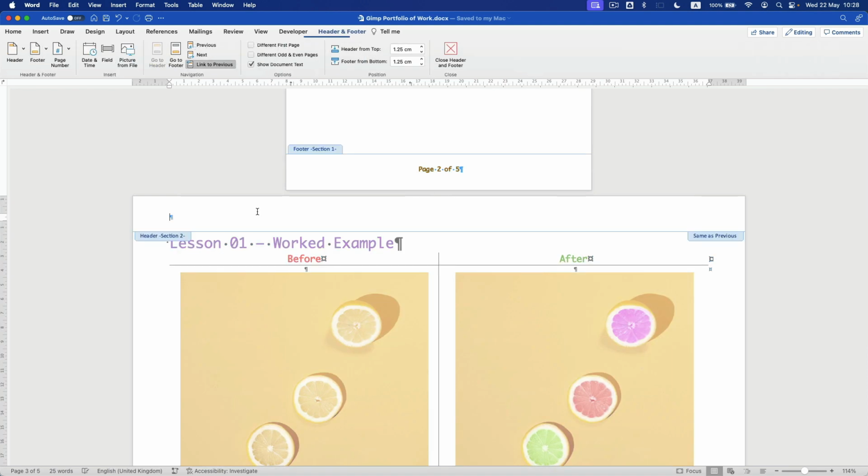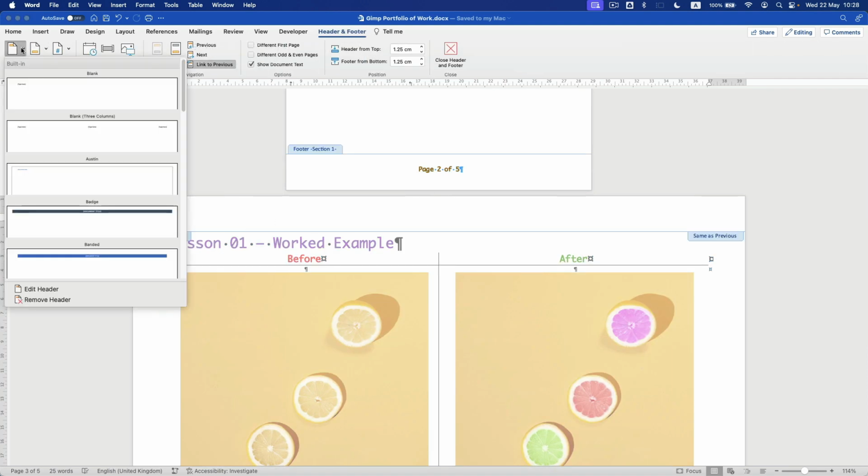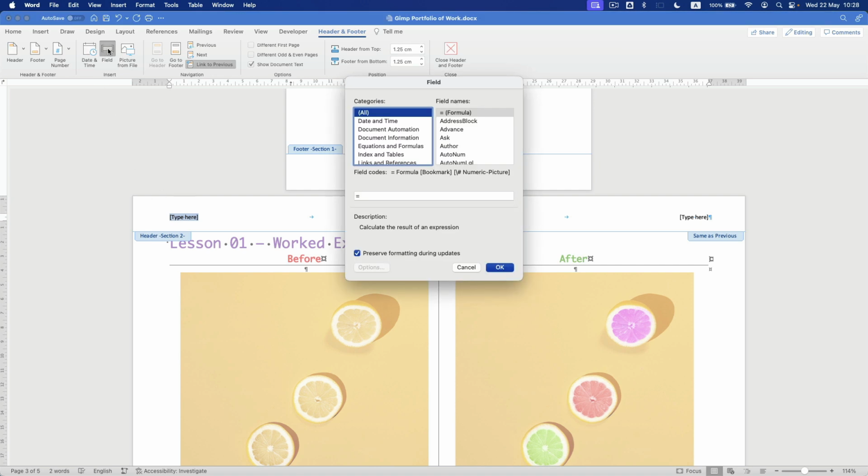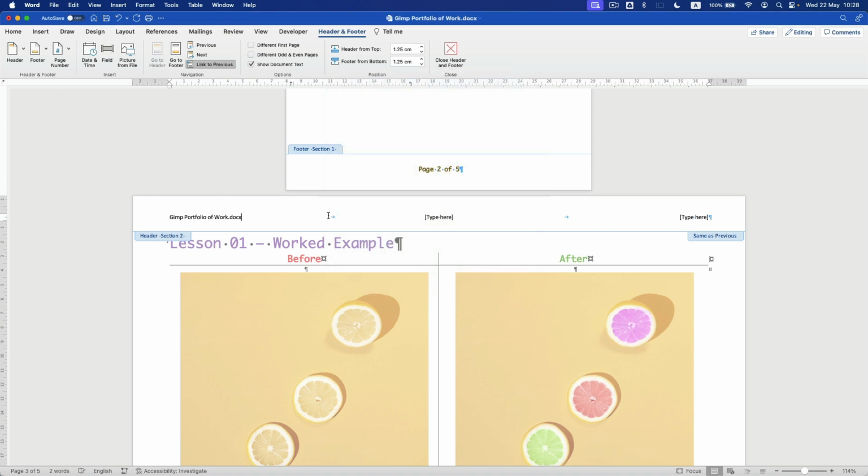Now I want a header as well. This header I want as 3 components here. So blank, 3 components. This, I'm going to use a field. So I'm going to click on field. I want the document file name here. Yeah, and you can see we've got all sorts of stuff. So the document file name. This is going to be my name